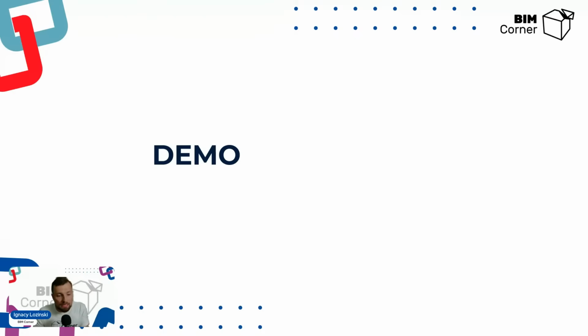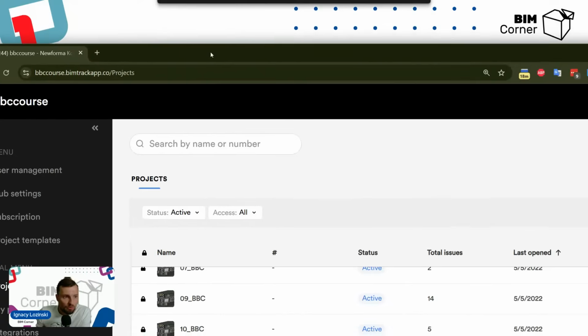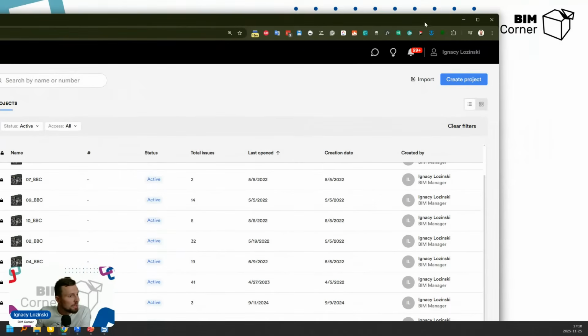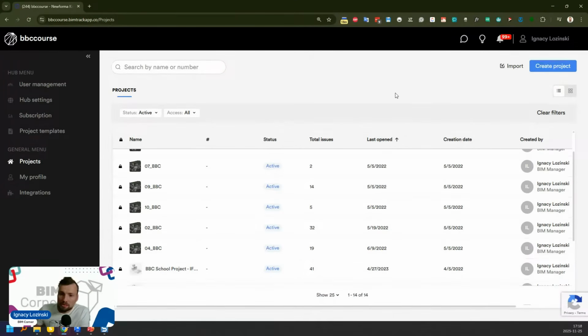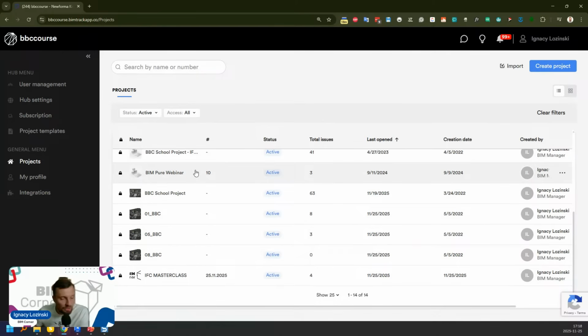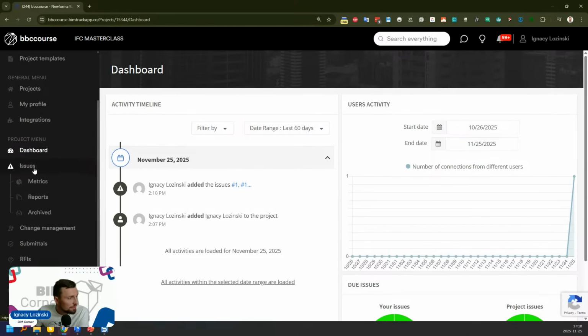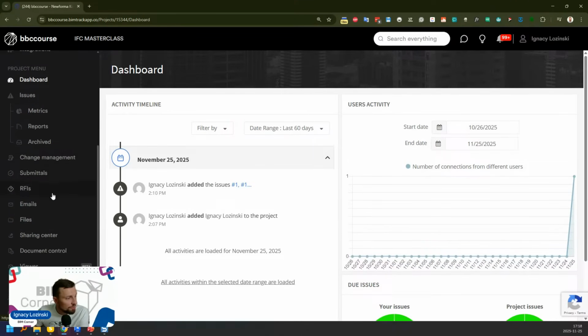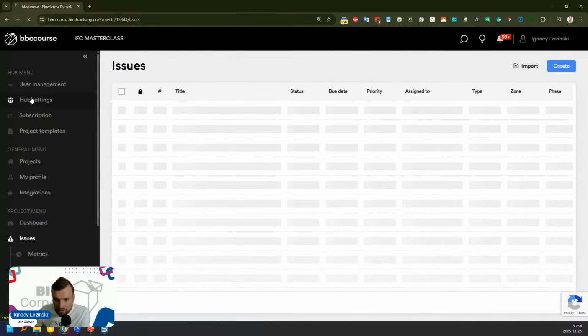Okay, so let's see in action how it all works together. In order to do it, the first step would be for me to check if you guys can see my screen, and yes. All right, so this is Newforma Connect. So this is Issue Manager. I created, for the sake of this presentation, the IFC Masterclass project. All right. And in this IFC Masterclass project, of course, there are different things that we could do in Newforma Connect. Right now, today, we are going to focus only on issues found during the validation process that Konrad